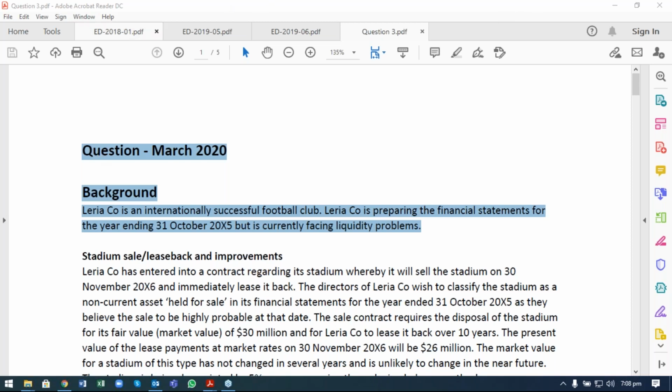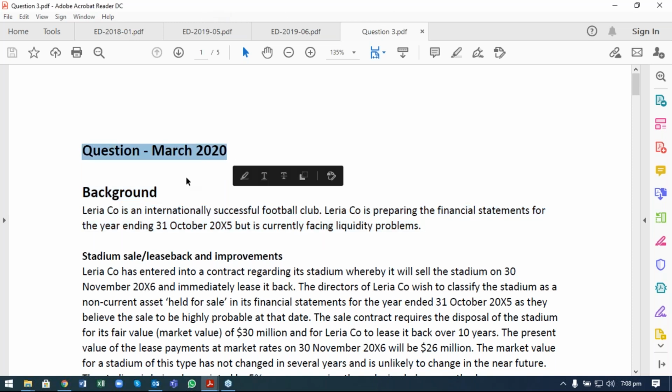Okay, let's start with the question. I hope there is no further question related to the previous topic areas. So this question is from the March 2020 attempt. So the background of this question is